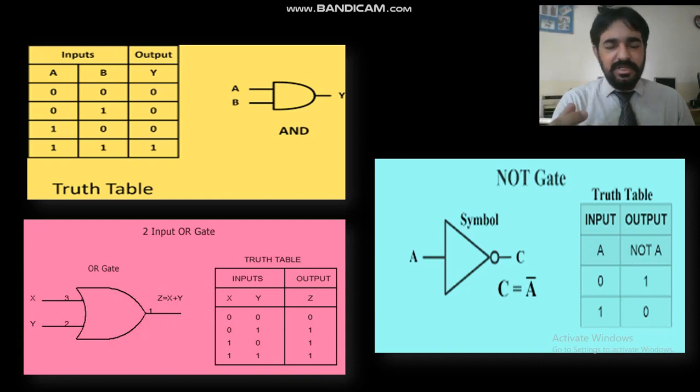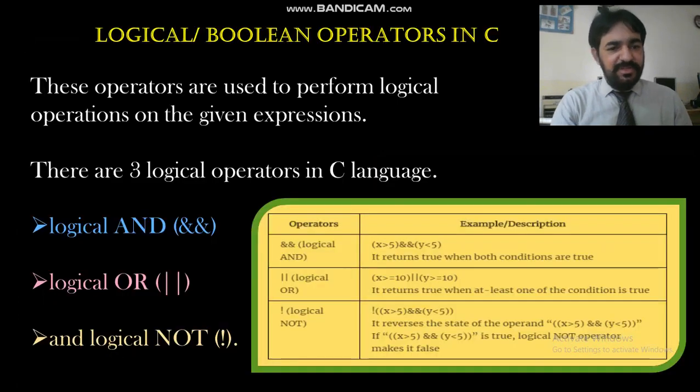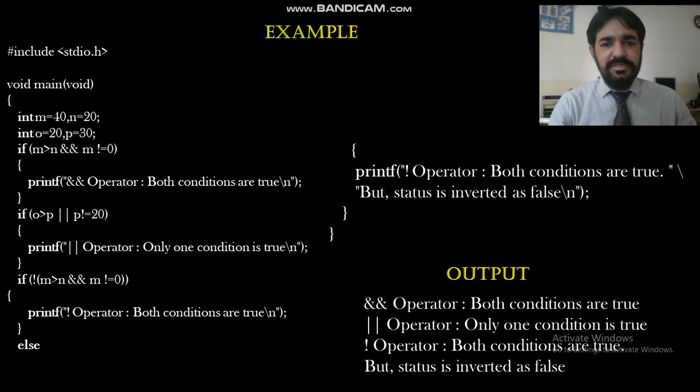So this is basically the concept of logic gates. We study this in basic electronics mostly, and computer science students also study this. It's very important for programming concepts. So let's go to the previous slide. Now you remember we were talking about AND logic and the NOT gate. So these are the basic concepts. We have three logical operations in C language: AND, OR and logical NOT. So these are the methods and principles of how we convert these values.